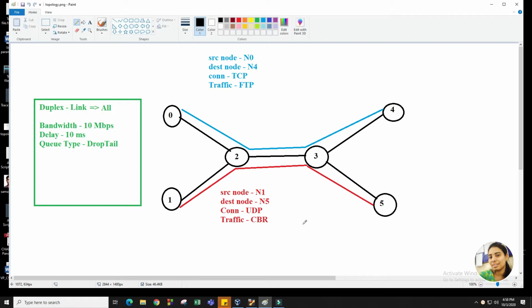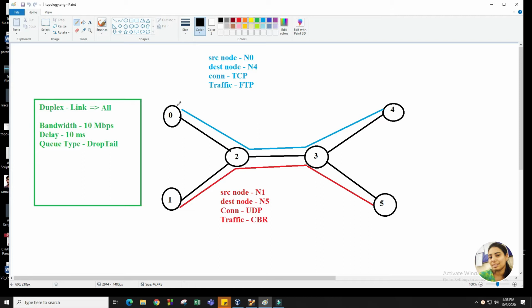Whenever we want to calculate the packet delivery ratio, we require the destination node. For which node do we want to calculate this packet delivery ratio? What does packet delivery ratio mean? Of the packets we have sent, how many packets are received by a node?